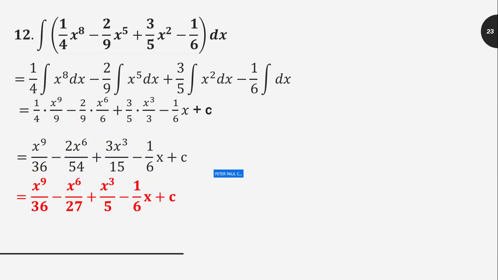So those are some of the practical applications of how to use the integration process in getting the antiderivative of polynomial functions. I hope you find this video lesson helpful. For our next lesson, we will talk about the antiderivatives of exponential functions and trigonometric functions. We will also introduce another set of formulas for those types of transcendental functions.